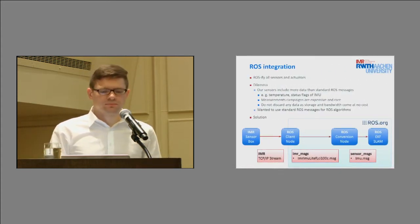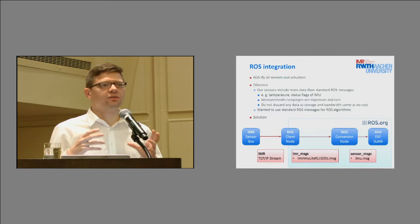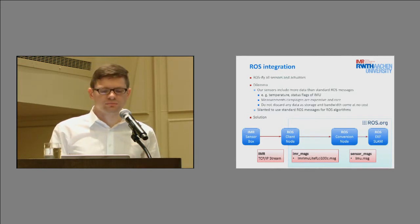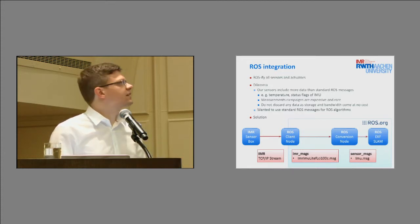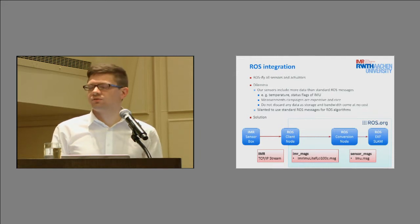But there was a dilemma because the standard ROS messages are already defined, like the IMU message, and not all our sensors exactly produce the kind of data the ROS messages include. For example, the IMU samples its temperature, and our measurement campaigns are very expensive. They only happen twice a year, and so we did not want to discard any of the data because it's quite expensive. So what we did is we created our own messages which include all the data the sensor provides,